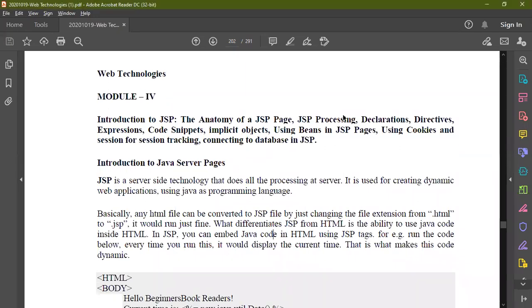These JSP pages are generally used to implement your business logic. This is the second layer of your web application.